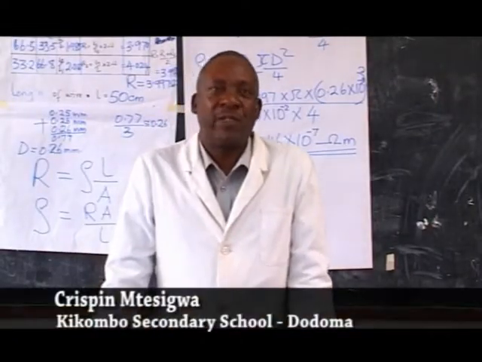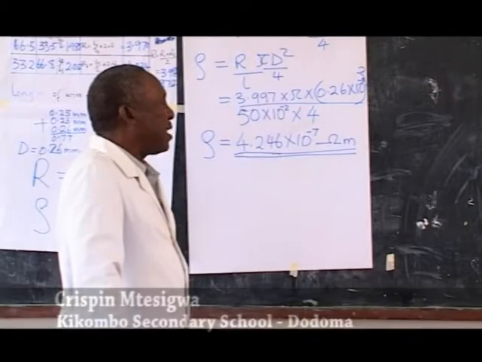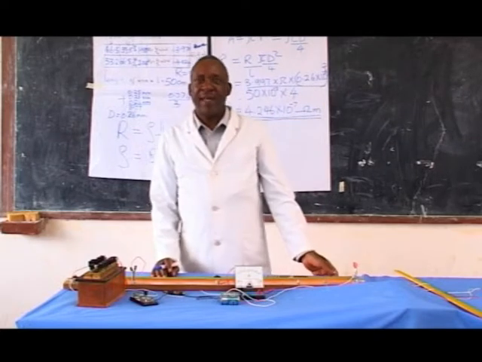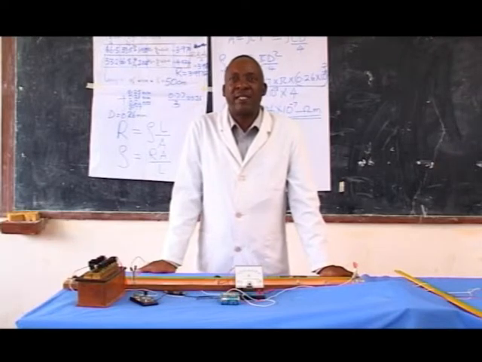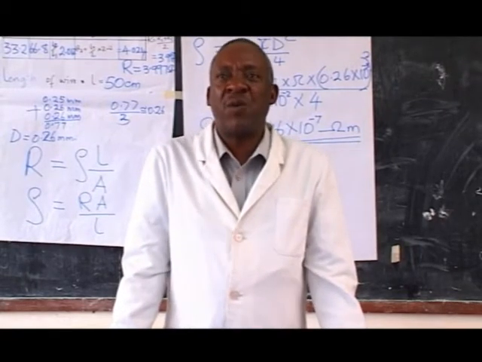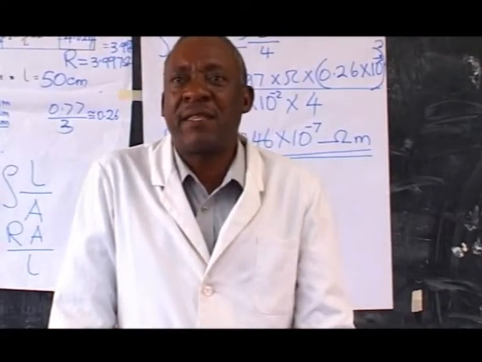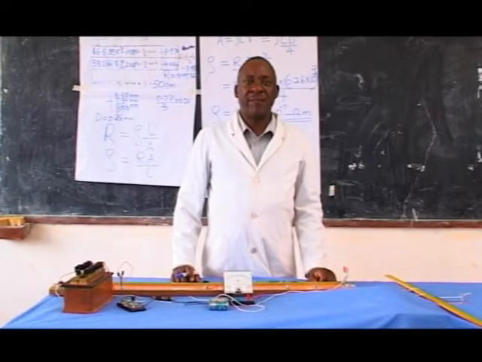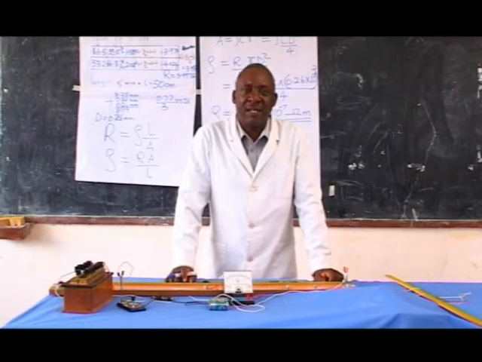The resistivity of Constantan wire we have got is 4.246 times 10 to the power negative 7 ohm meter. Conclusion: the resistance of a wire is directly proportional to its length at constant temperature. Resistivity is the property of a material which is the constant of proportionality between resistance and the length for a given cross-sectional area. Sources of error in this experiment: parallax error in reading the balancing point, and the other one